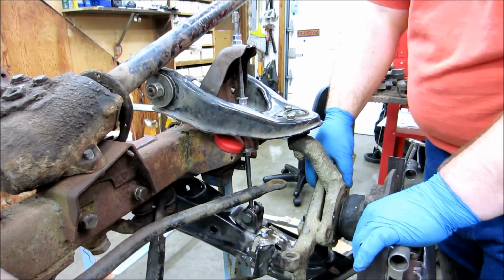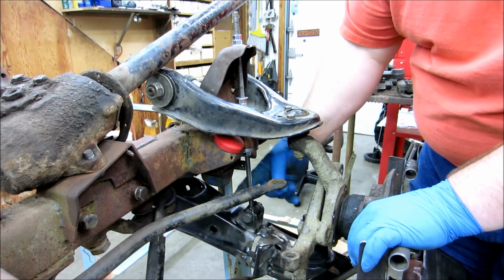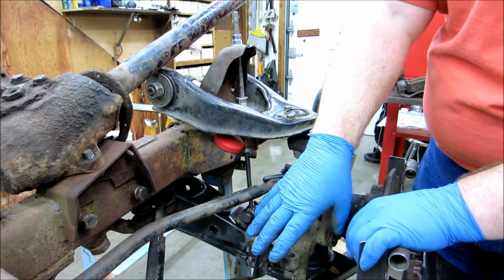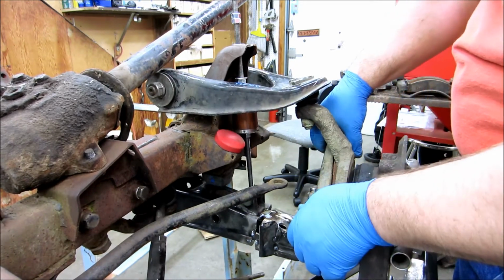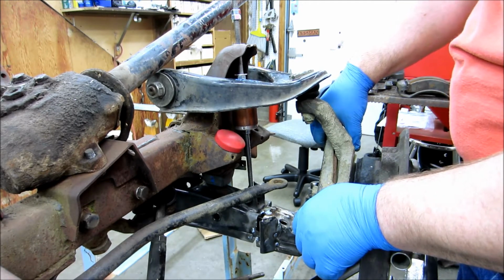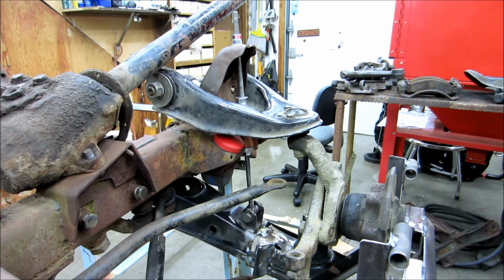So what I'm thinking is, if I redo the shock mount, I can move the hole back a little bit, help gain the clearance, but then I can also raise the hole up, okay? And by doing that, that would allow the arm to go down further. But I gotta make sure I take into consideration exactly where ride height is, because right there in the middle is what I'm shooting for. Okay, right now the middle is about here. The middle of the shock travel is actually closer to here. So I'm gonna have to play with that a little bit and think about that, figure it out, decide whether or not it would behoove me to make a new